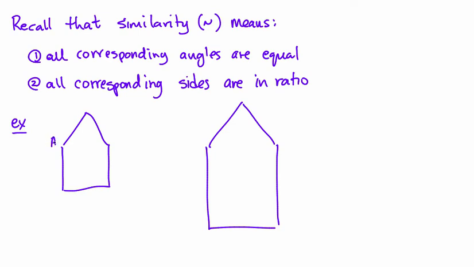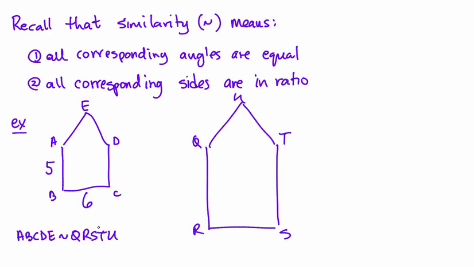And in fact, if I call this one A, B, C, D, E, and this one is maybe Q, R, S, T, U, I could say that A, B, C, D, E as a pentagon is similar to Q, R, S, T, U as a pentagon. And now when I start to put numbers in, like say this is 5 and 6, then I can start to put some numbers on the other one. Maybe this one is 15. And I can see the scale factor between here and here is 3,